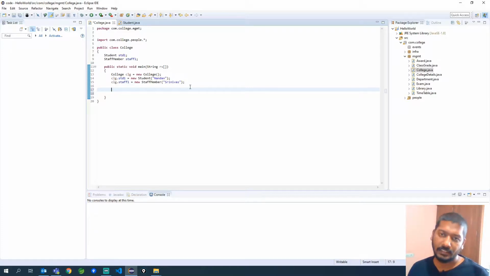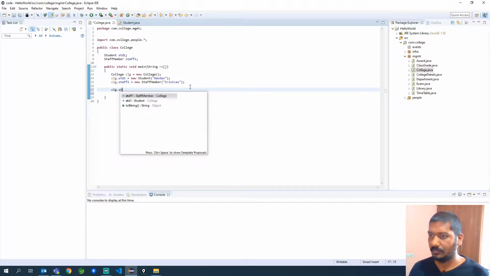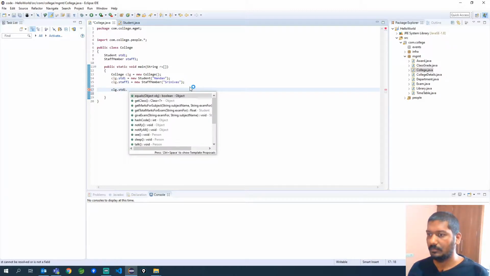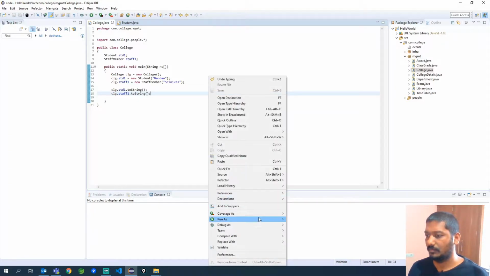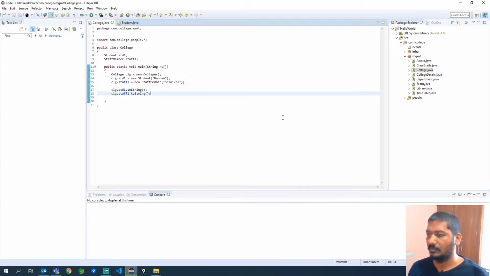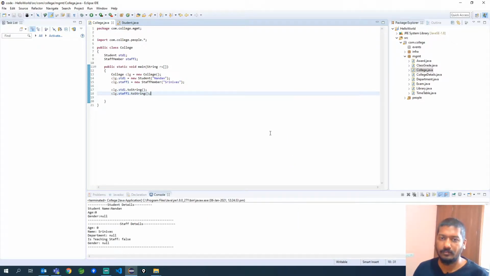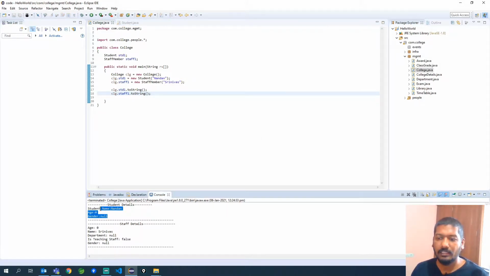Now let's print and see if we are able to display the details of each object here. Okay, now let us execute and see. If you see here, we have got the details of the student and also the details of the staff member.